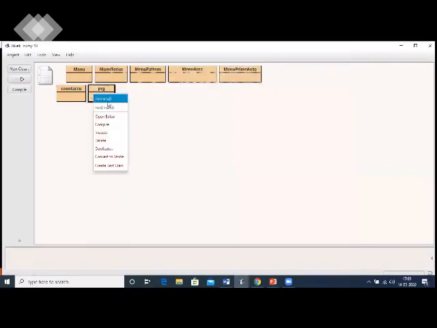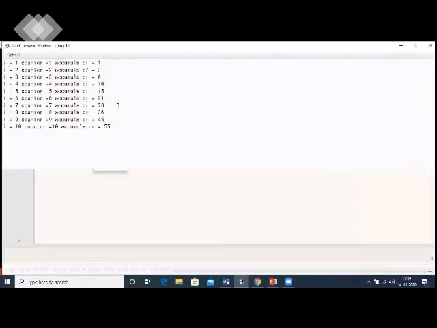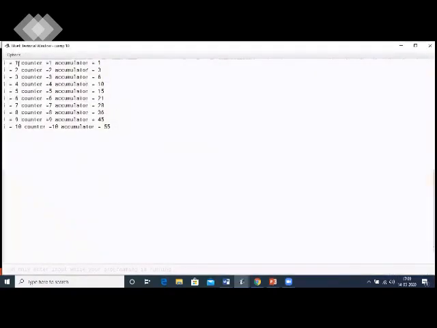Now, no need to call directly, the main method will be called by the JVM. You can see over here, when i's value is 1, counter is increasing by 1. Accumulator is also 1. But next, when i becomes 2, counter becomes 2, because counter is counting how many times the i value is increasing. In both the cases, we had seen that the updation was plus plus, so it will increase by 1 value.